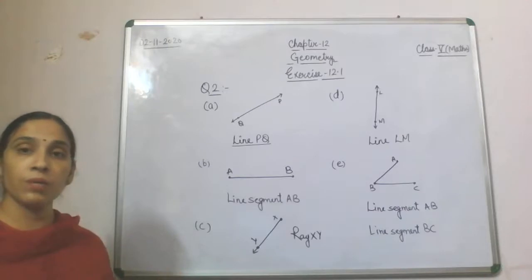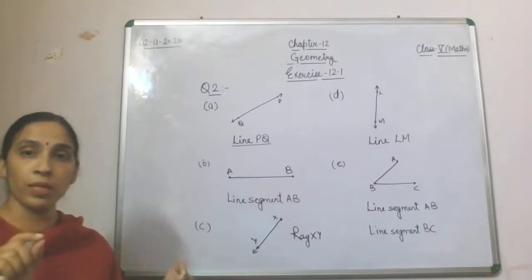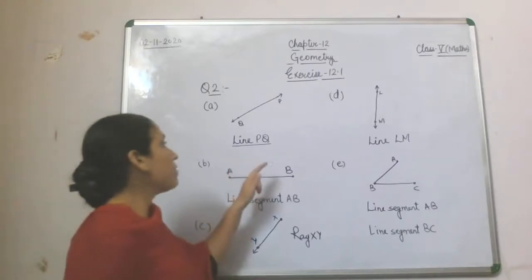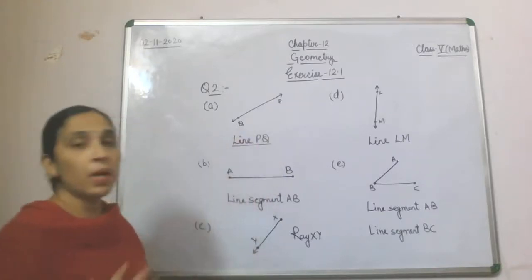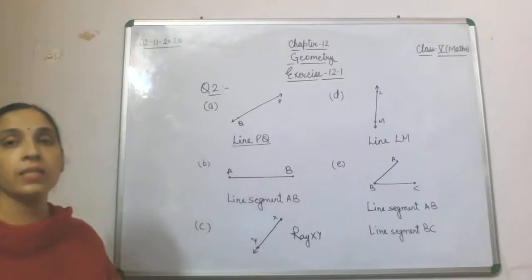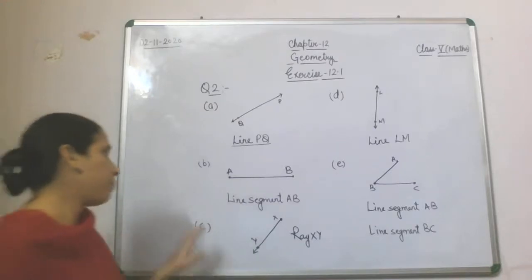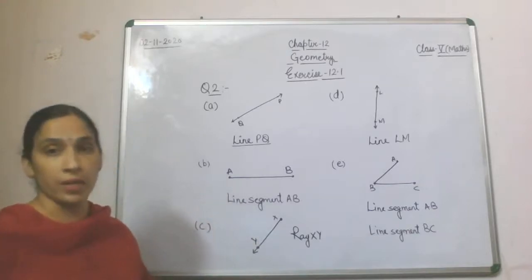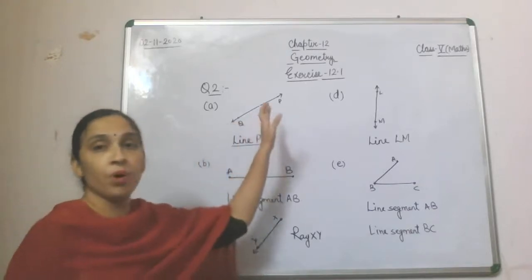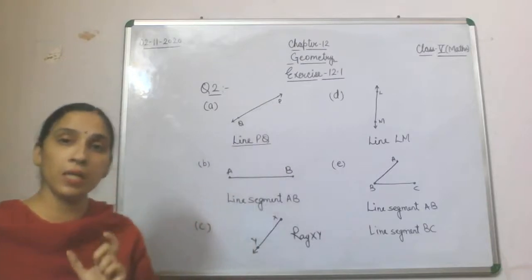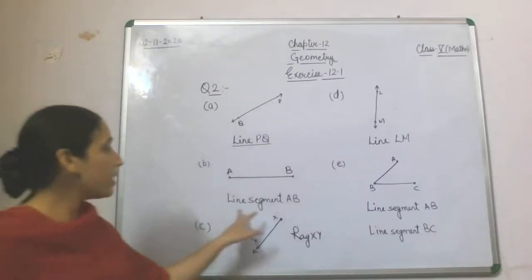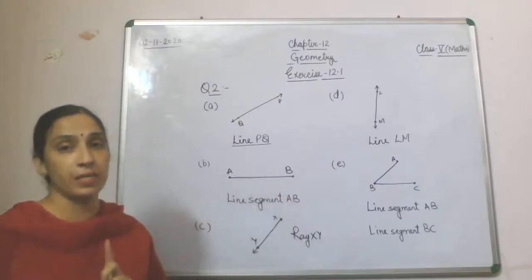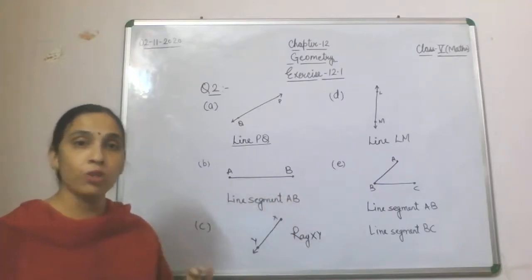So what we are doing, we were marking 2 points from it, and then that portion is marking. Fine. So like that we have marked like PQ. You can mark anything, A, B, C, D, PQ, LM, anything. Then line segment. Line segment is a portion from a line. This extended line, from that we have cut out one particular part of that, and that segment is called line segment, and it can be measured. It has a particular length also.